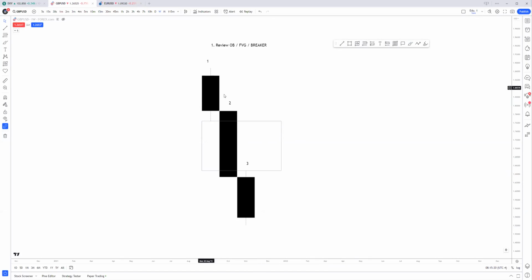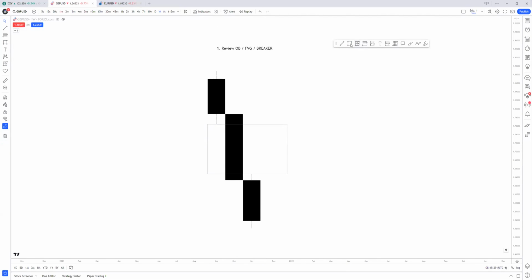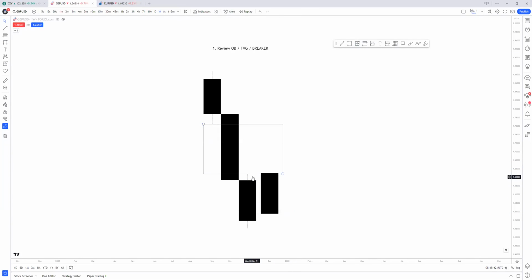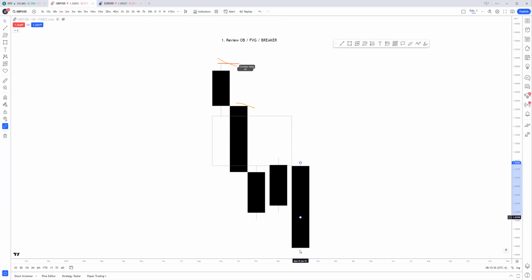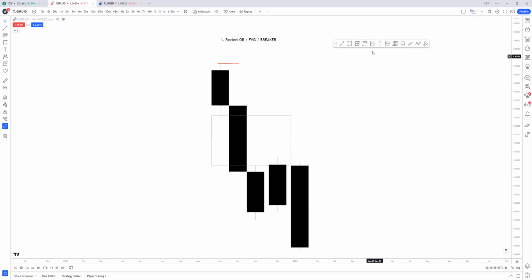So candle three closes the FVG, candle one opens it, candle two, the body between the wicks is the FVG. Where do we place our stops if we are to trade an FVG? Right? If we are to trade an FVG, where do we place our stops? Anybody? At the wick. It's the candle. It's the FVG. Yeah, so you can place your order just in the FVG,